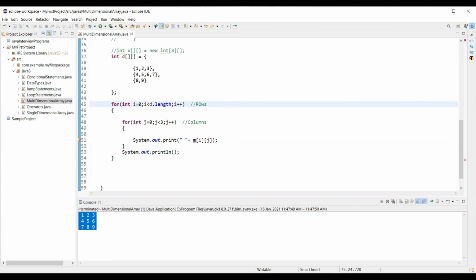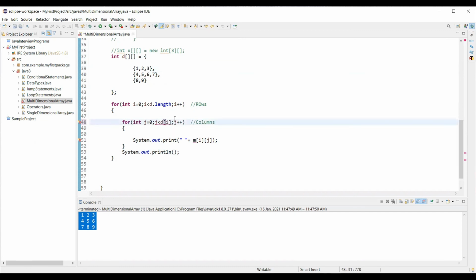Right. So j equal to 0, j less than here, it has to iterate through all the elements of the current array object. So say for example, first index i points to the first array object. So it will be d of i. d of i represents the first object, right? In this two-dimensional jagged array. Now I wanted to loop all these elements within this array.